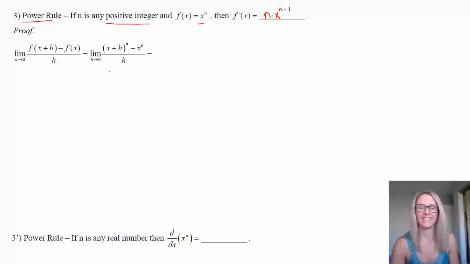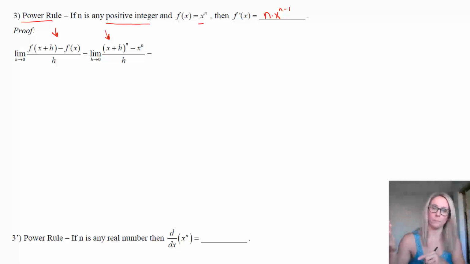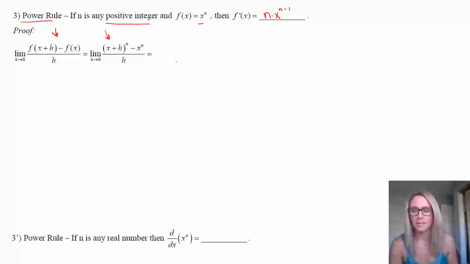And the proof of it is this. We have our general limit definition of the derivative, already set up for x to the n. Notice that we have put in x plus h to the n minus x to the n, over h. So it's just putting in that function x to the n. Now we're going to see what happens. When we think about multiplying this out, we still are trying to get rid of the h. That's the whole idea in that denominator. So I'm going to do this kind of long version here.